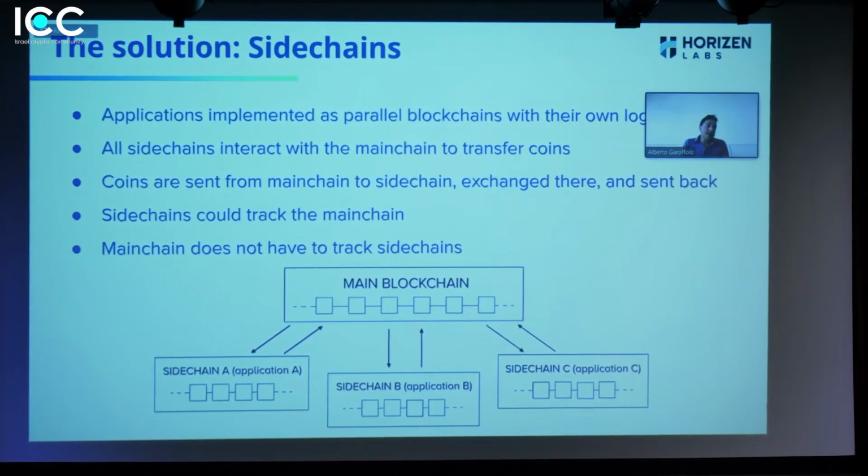And then, let's say, whoever sold the car wants to send the coins back to the main chain. One assumption that we can use is that the sidechain can track the main chain. What do I mean by track? The sidechain can know the structure of the main chain, can follow the main chain blockchain and be aware of the blocks. But the other assumption is that the main chain cannot track the sidechains, because otherwise the main chain should know the rules of the sidechains,